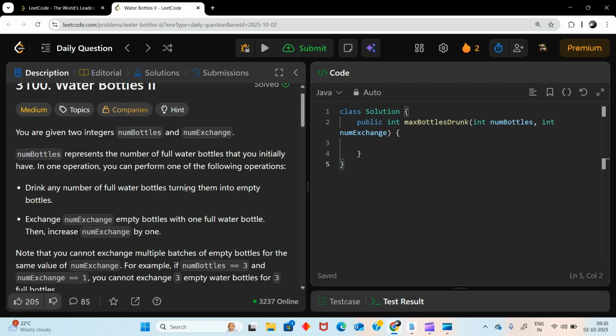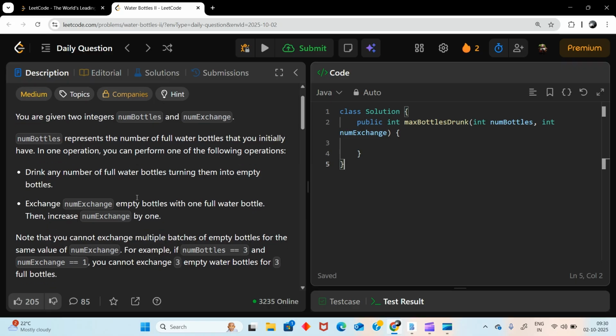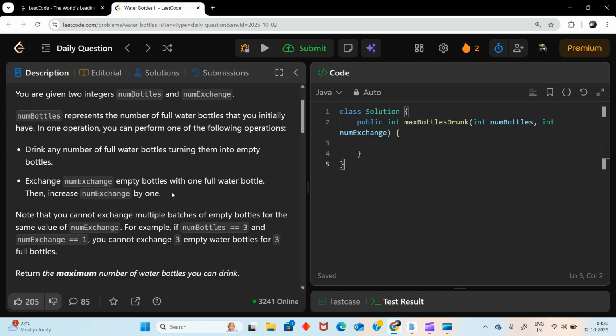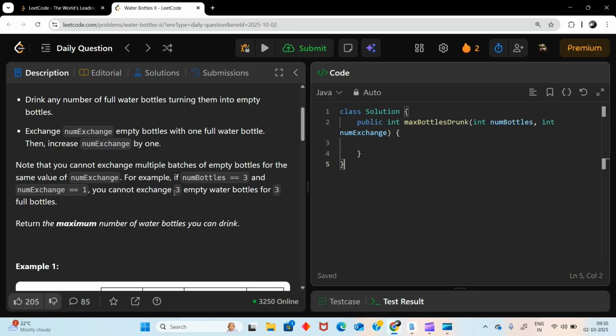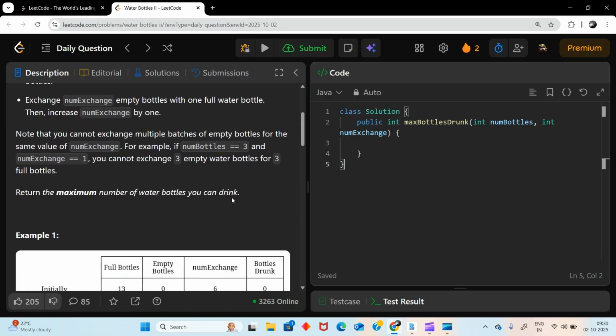In one operation, you can perform one of the following operations. Drink any number of full water bottles, turning them into empty bottles. Exchange numExchange empty bottles with one full water bottle, then increase numExchange by one. Note that you cannot exchange multiple batches of empty bottles for the same value of numExchange. For example, if numBottles is 3 and numExchange is 1, you cannot exchange 3 empty water bottles for